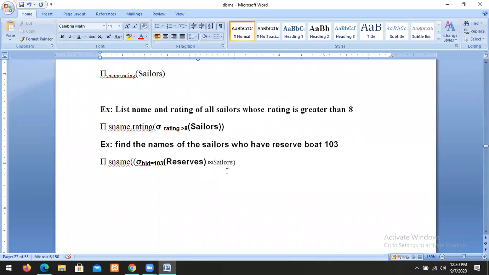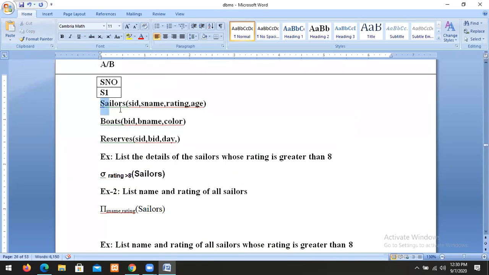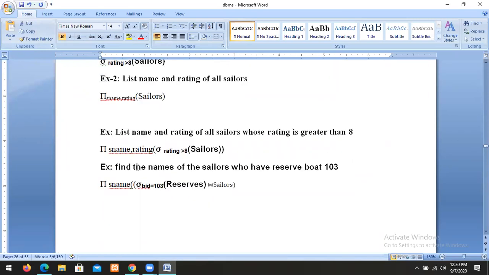Similarly, we have another query also. Tomorrow we'll discuss some other queries, the different ways of writing SQL and relational algebra. First of all, those are the theory part. Sometimes they will ask like this: they will give the declarations, suppose these are the three tables, and this is my query. Then what is the output? What is the result? How to write the query for this?